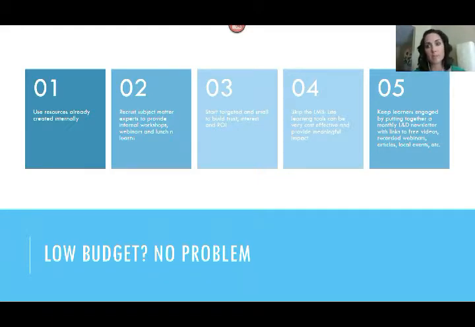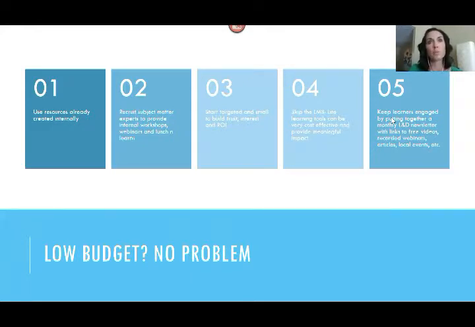And then the last piece is making sure that you're keeping your learners engaged. Whether it be putting together something like a newsletter where on a monthly basis you're sending out learning tidbits, free videos, local events that might be interesting to your industry, or theming out months where you put together a theme and then articles.